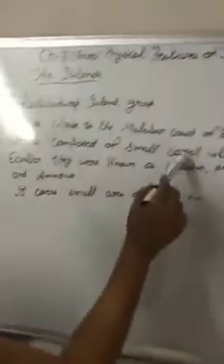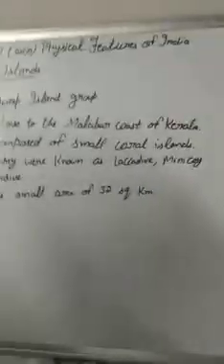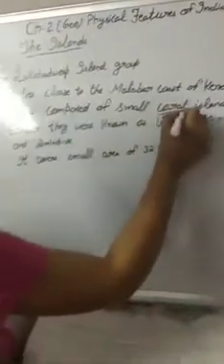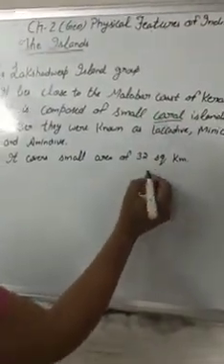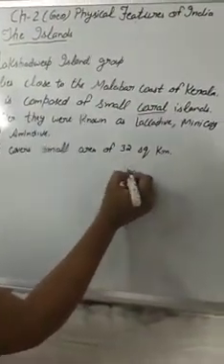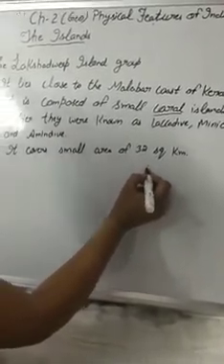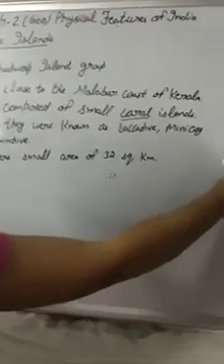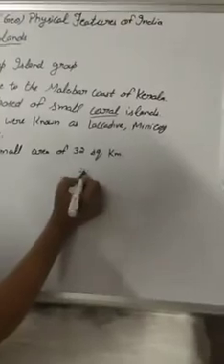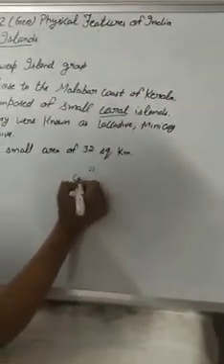First of all, the Lakshadweep island group. The Lakshadweep island group is very close to the Malabar coast that lies in Kerala, and it is composed of small coral islands. First of all, what do you mean by coral? Coral is a small microorganism that we can't see with the naked eye, and they flourish in shallow, mud-free and warm water, which we find here in the Indian Ocean. And these coral microorganisms secrete calcium carbonate.